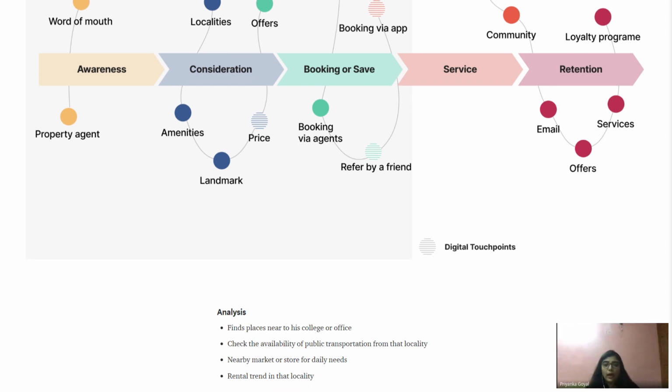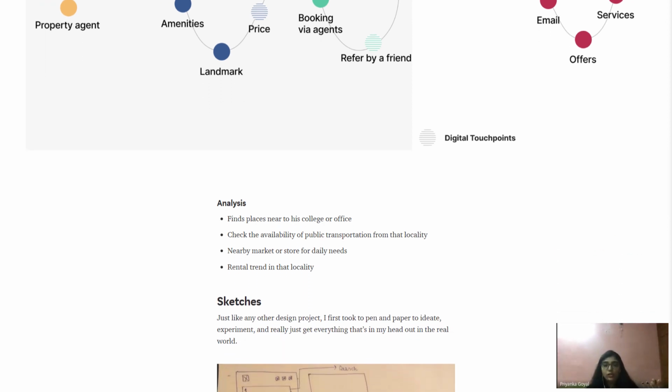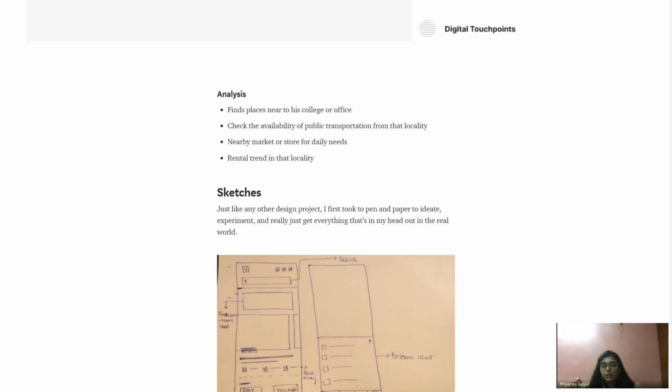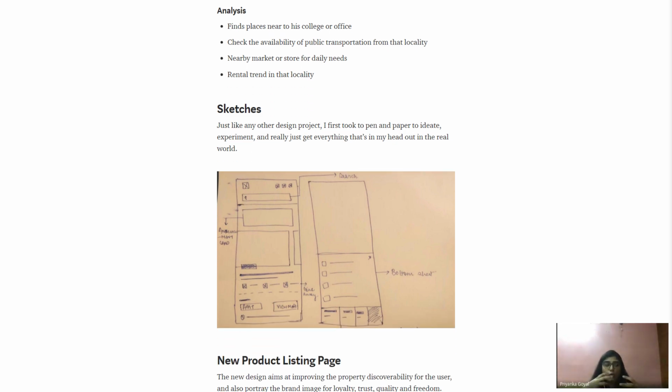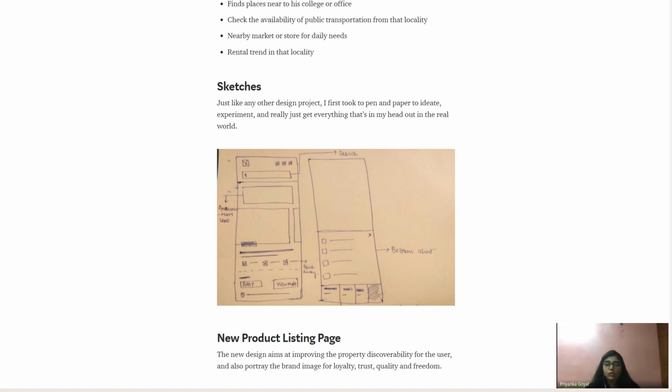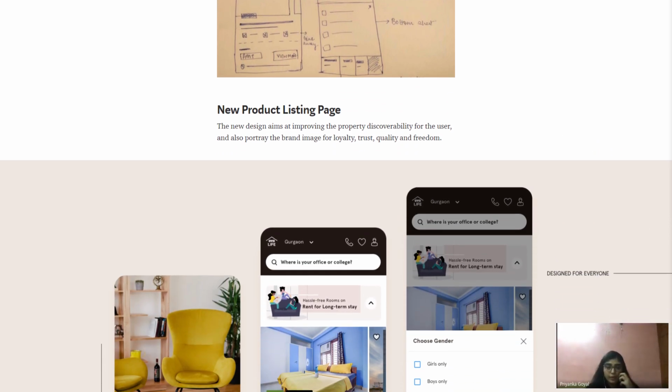I have not spent much time on sketching this. I just did it a little. To go with the realistic approach, I just added one sketch. I've seen people spending time sketching while they're doing their portfolio. Just don't do that. Whatever you have, it's okay to have, because sometimes you don't sketch also. That's okay, because sometimes your feature is such a small feature and you know your UI so well that you don't need time to make sketches, so it's okay not to have a sketch, it's completely fine.